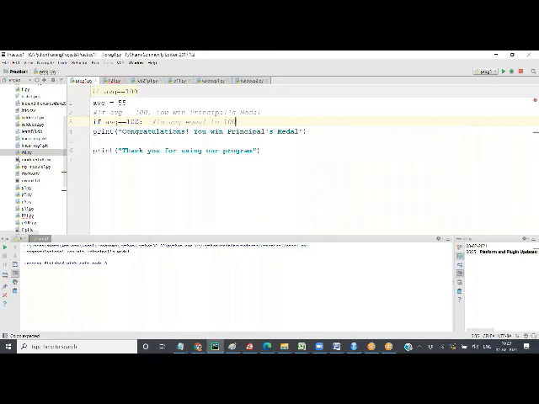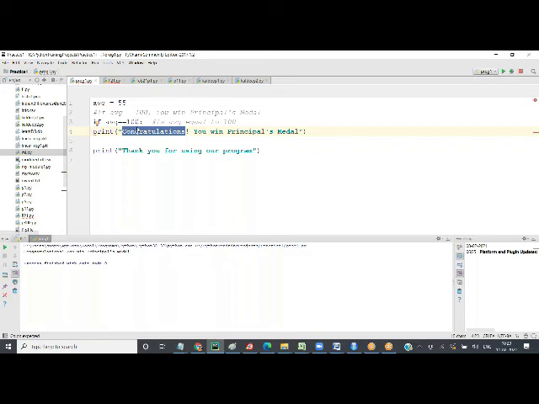So the syntax of if is the if keyword as it is, a space, the condition, and a colon, and then you write the statement. Now, this has to be inside the if. If you see all the code that we have written today, we have started from position 0.